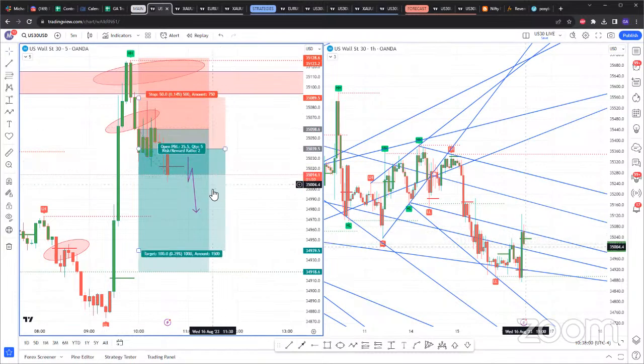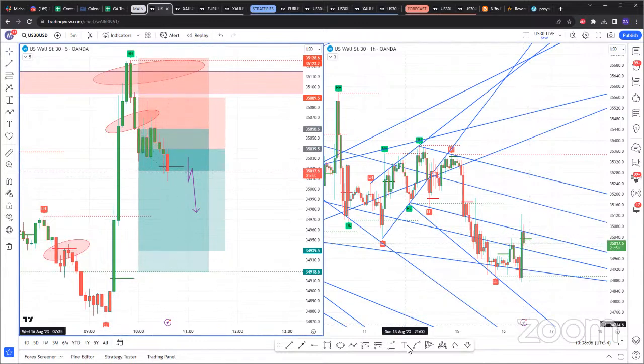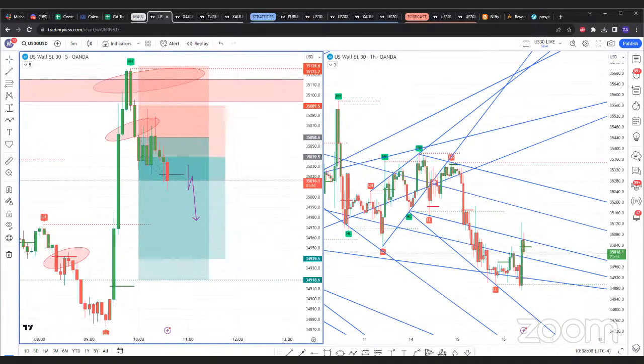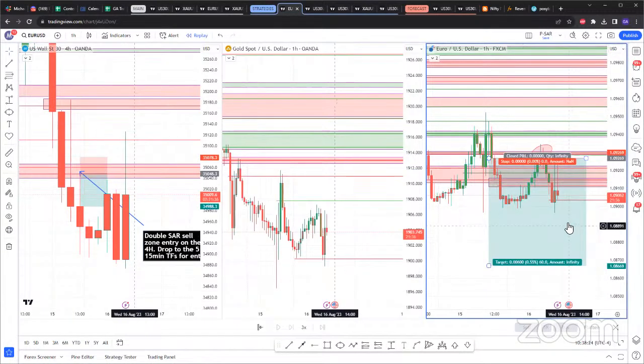Okay, so I might need to wait a little more for this, but this is what I want to see. This red SAR, this is what I want to see if I'm in this trade. So I am up. This is why I was looking at my entry and wondering why my MT4 isn't matching the TradingView chart. So this trade, EU, is behaving now too. Is anybody still in this EU trade?